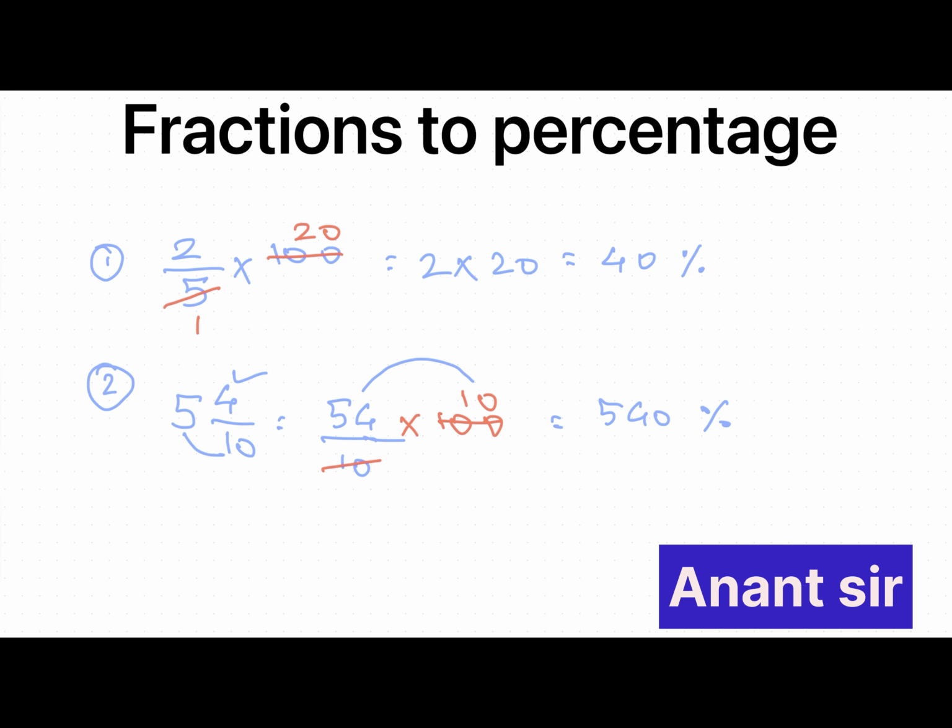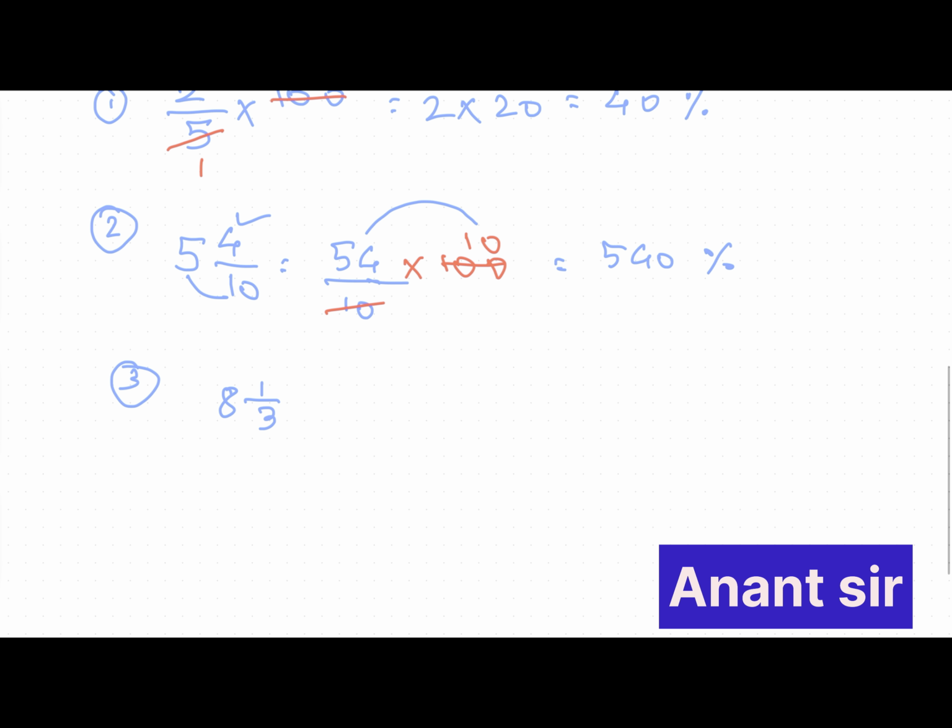Similarly, we will do one more question. So mixed fraction again. So the third question is 8 integer 1 upon 3. Again, you have to first convert that into proper or improper. Okay, you have to tell me which kind of fraction this is. Okay, so 8 into 3, then we add 1. So 8 threes are 24 plus 1, 25 upon 3. Tell me which kind of fraction is 25 by 3.